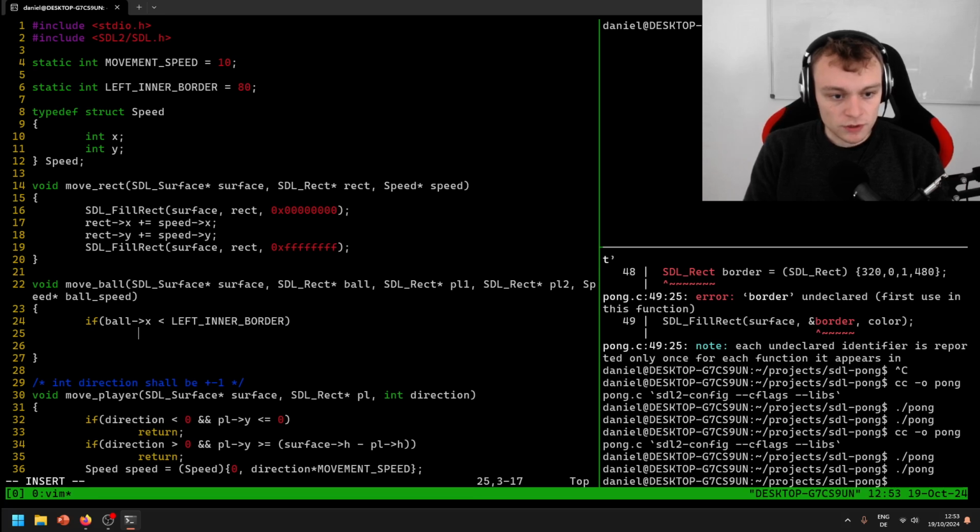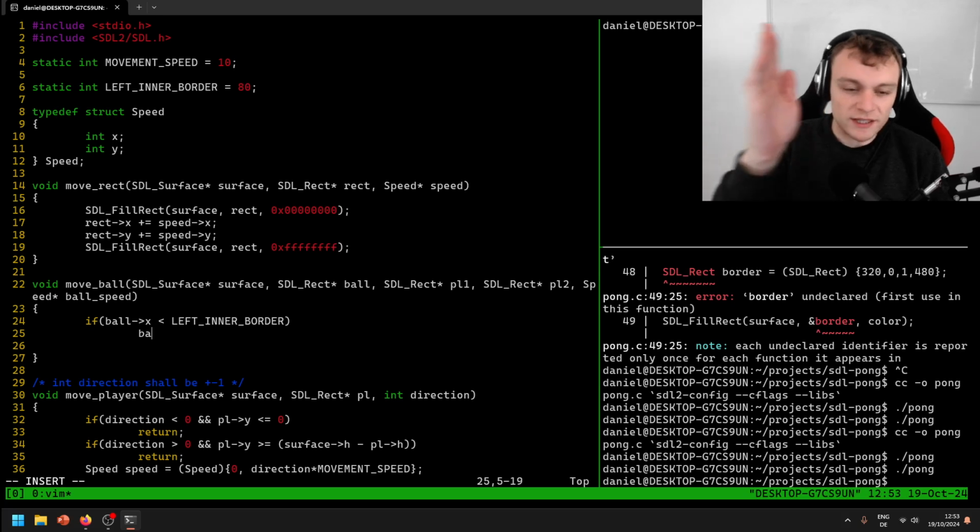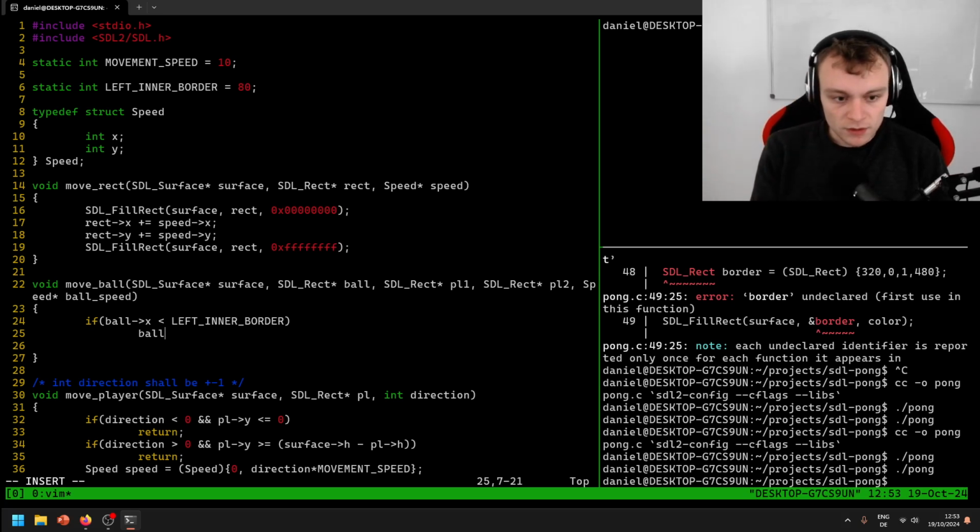If so, then we need to reverse the speed. So this means the ball hit the left border. This means we need to change the x component of the ball speed. Ball speed x